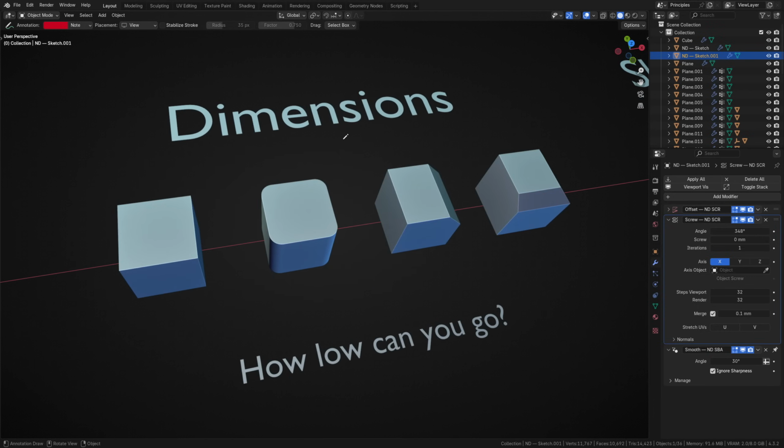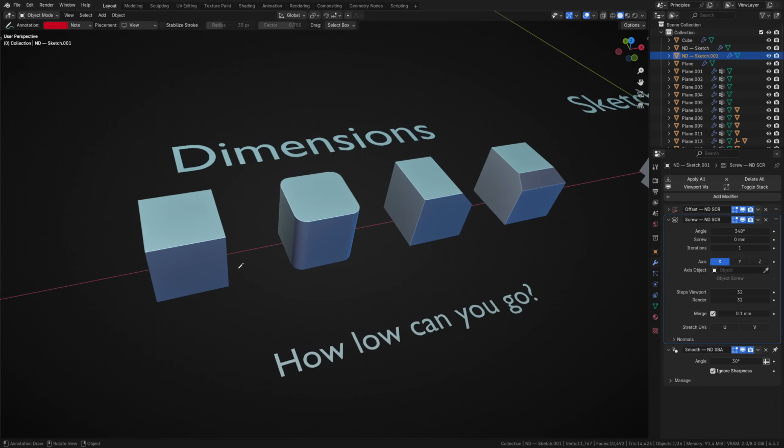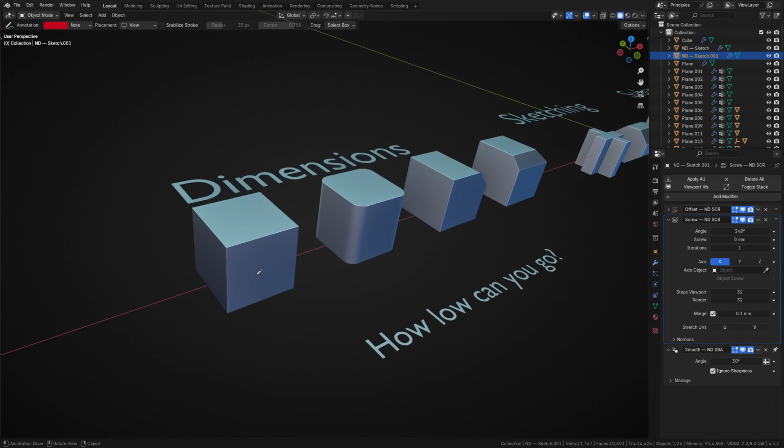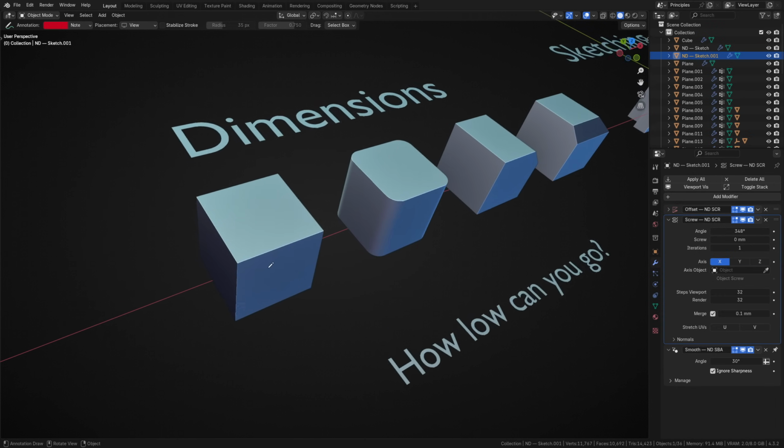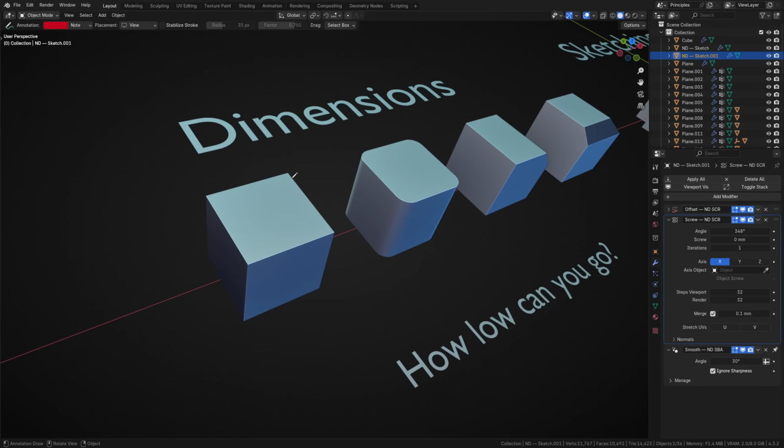The principle of dimensions poses a simple question: how low can you go? Except we're not talking about a game of limbo here. If it wasn't clear from the previous section, being able to model non-destructively involves removing as much complexity and as many dimensions as you can, within reason, from a shape while still retaining enough information to recreate it through a series of non-destructive or procedural operations.